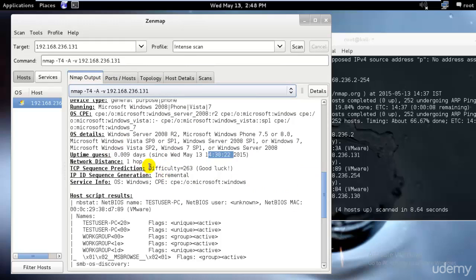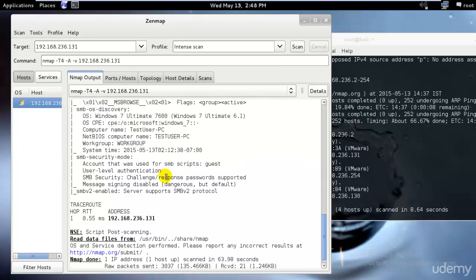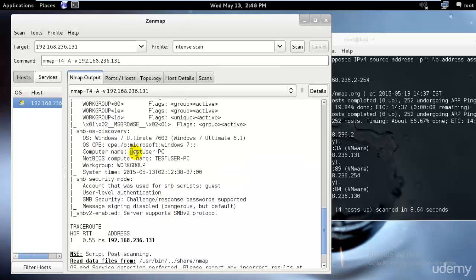As you can see, we have the TCP sequence prediction, which is 263. That means we can easily penetrate into that. Again, the operating system is Windows, and we have all the information that we need. The computer name was test user, since